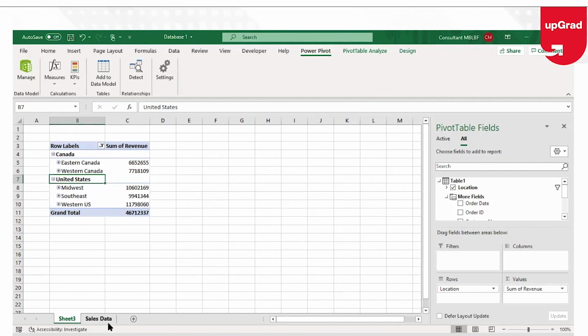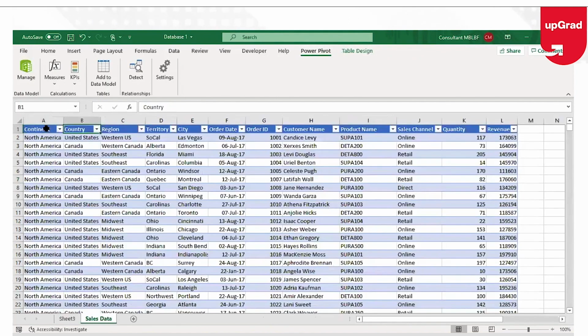So just be careful. What you need is to have the hierarchies in different columns in order to create the hierarchies. When you have it in different columns, your table will show all the fields for those hierarchies separately, so that you can select all of them and create a hierarchy from there.